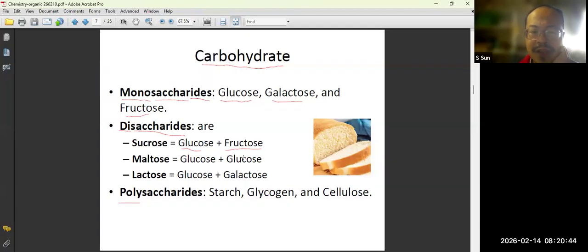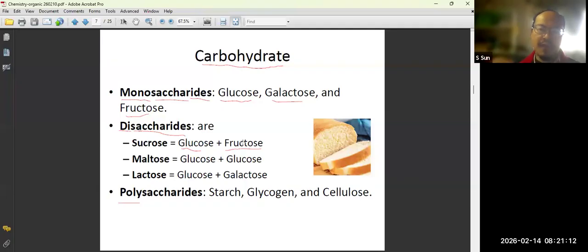So glucose is easier. That's why we eat bread. Bread is more recommended than drinking juice. Drinking juice is a big no-no. Yeah, it's not good for you at all. You can eat fruit, but don't drink juice. Juice contains too much fructose, or even sugar water contains a lot of fructose, and the fructose